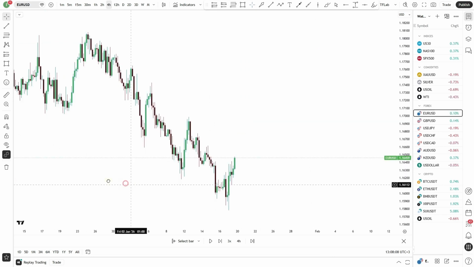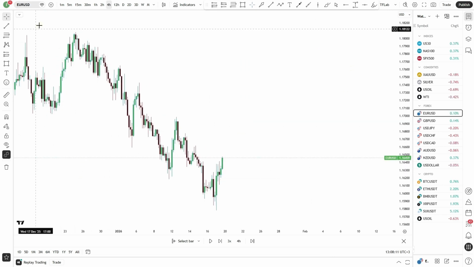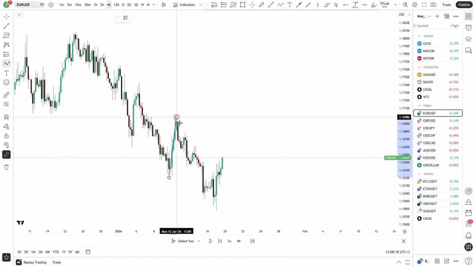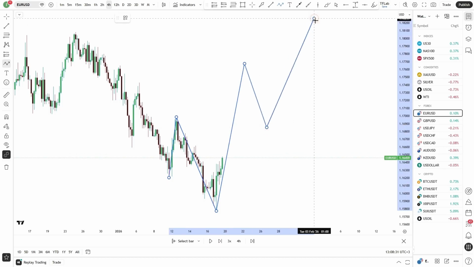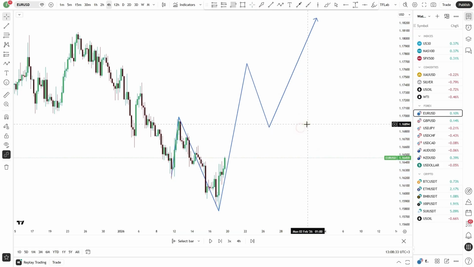Okay, we're on the EUR/USD pair in the 4-hour time frame, so let's analyze this as well. Right here on the chart, we can clearly see a low followed by a high, and then another low point, so now we are patiently waiting for a new higher high to form. And by carefully reacting to this specific price zone, within these key areas, we can look to take a profit and simultaneously open a new long trade